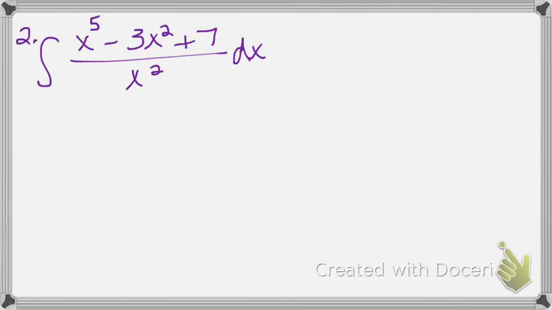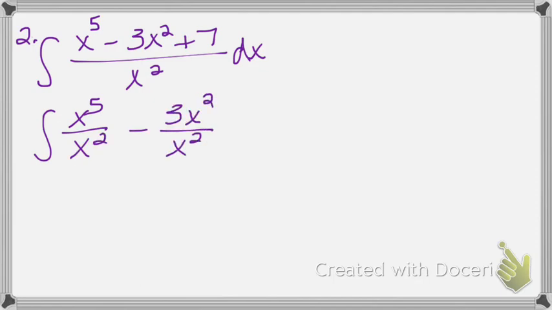Alright, number 2. You've seen problems like number 2 before, but a lot of times on these quotient division problems, this one is included. So I just want to remind you of it. You can divide each one of these by x squared. Again, this only works when you have more than one thing on the top. If I simplify that,